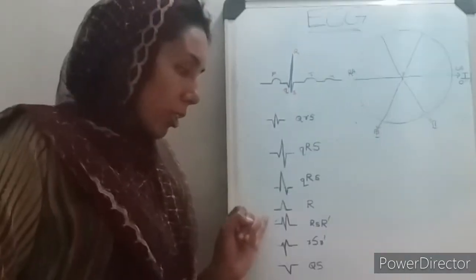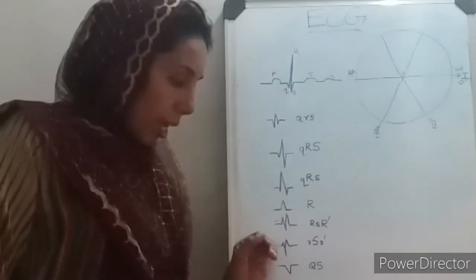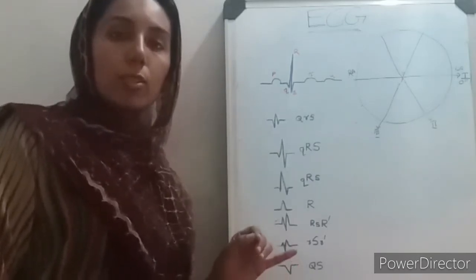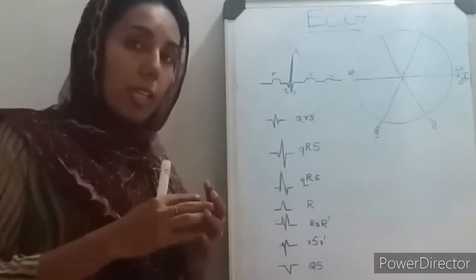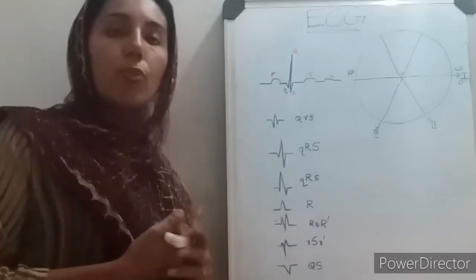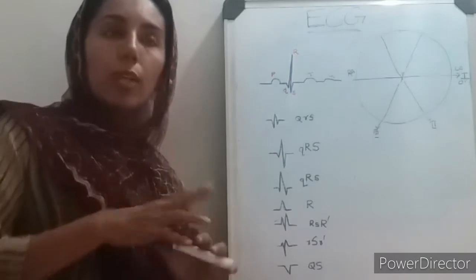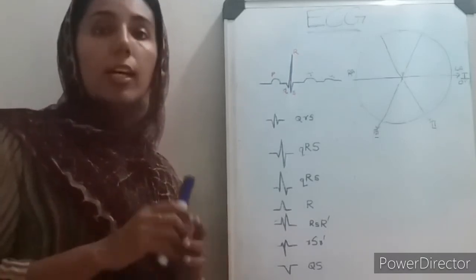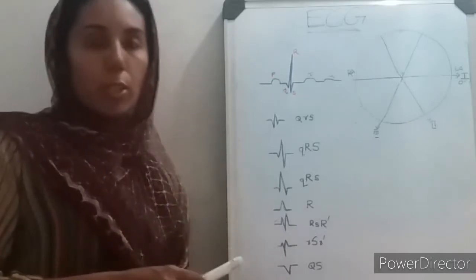So we have an R, S, R dash pattern. Here again you should note that if the R is small, you write small r, s and small r dash. Once you hear this, you will get an idea about the size. If someone is talking over the phone and tells you, we have a capital S, small s, capital R dash, you get the waveform even without seeing the real ECG. So we have to be very clear about the nomenclature of the QRS complex.